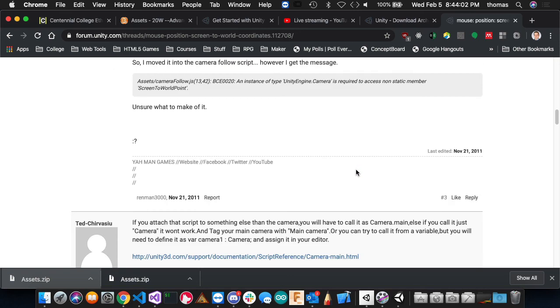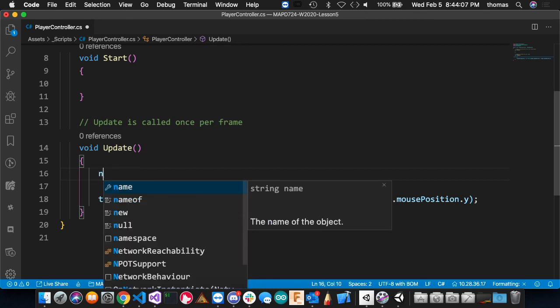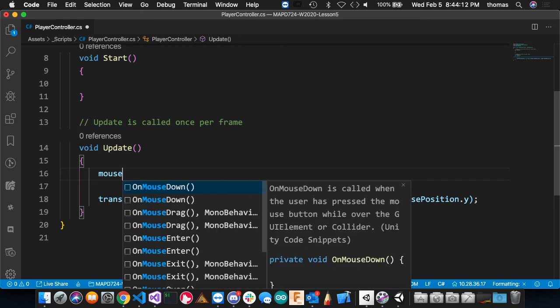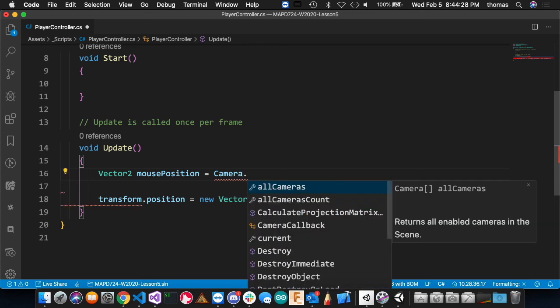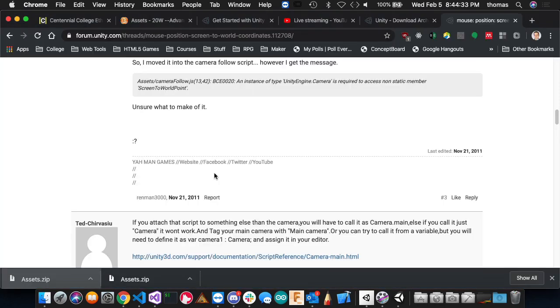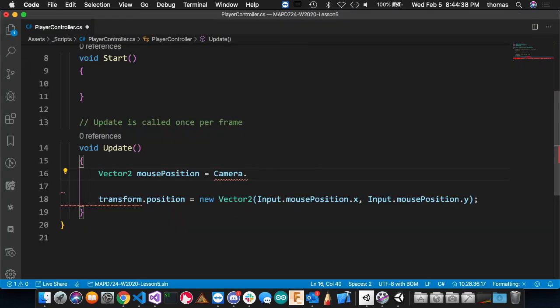I'm going to come back and do this again. So that's what I want. I want a new Vector2. We'll call this the mouse position. And we want to call this a type. We'll call this a Vector2. So Vector2 is called mousePosition. And I'm going to say that this is equal to my camera, my main camera, and then if I type in, just like it shows here, ScreenToWorldPoint,